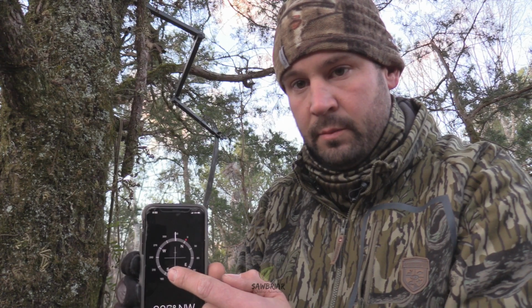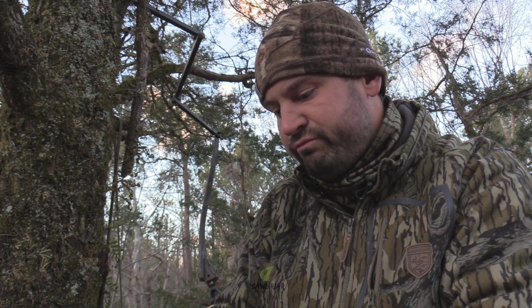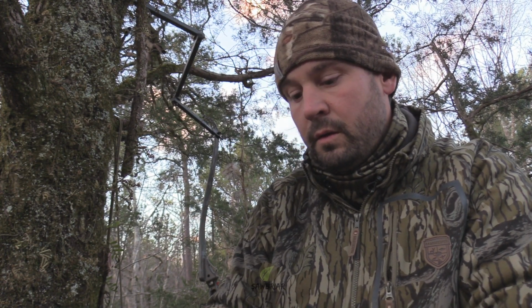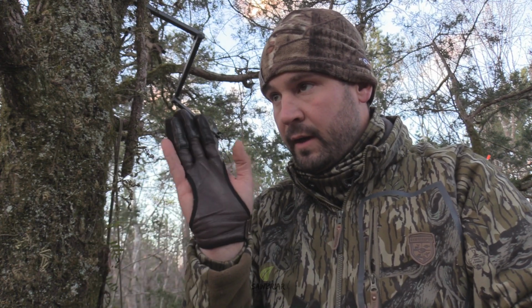Okay, so when you turn your compass, if you tap on it, say you point it the right direction, you tap, it locks it in at that. So once you get off of your bearing, it turns red. So I'm gonna point it the last place I saw that deer, which is 220 degrees. And now I've got a point of reference when I get down and I start blood trailing. I can go to the last place I saw that deer. And it's a very, very helpful tool. Anyway, now that we got that done,